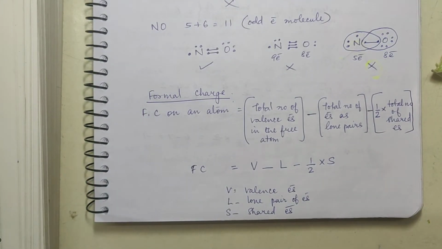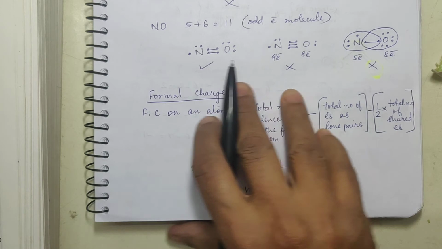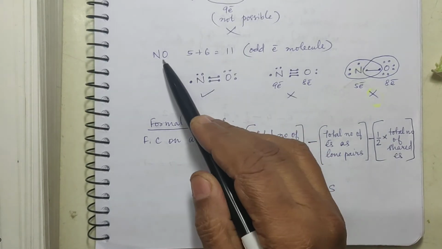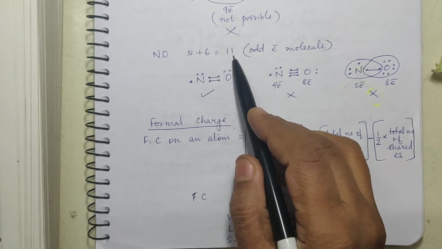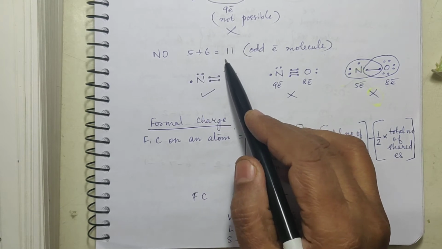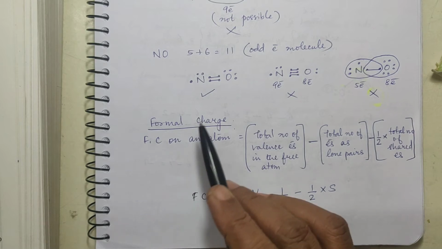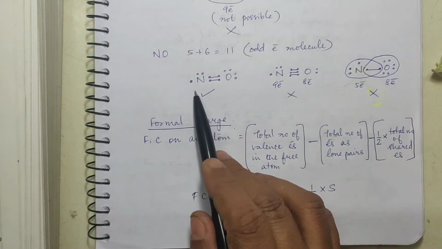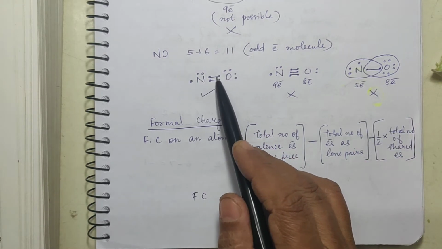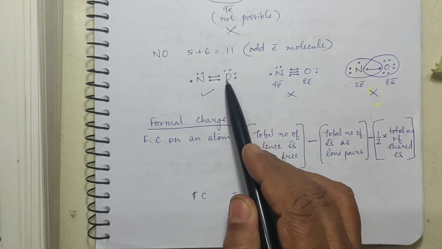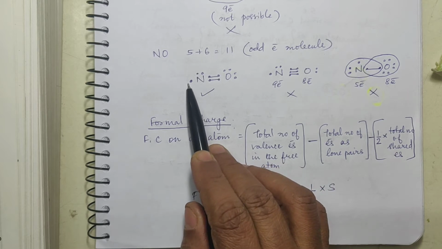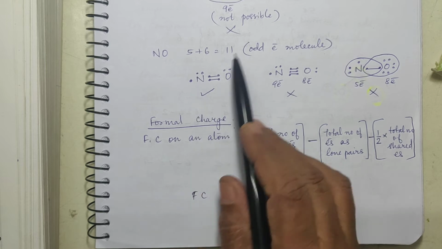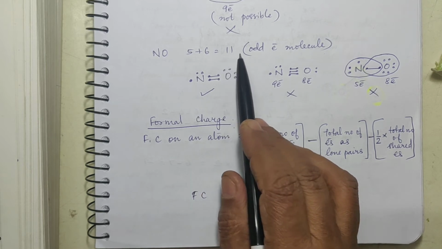Now, in the case of NO, it is an odd electron molecule. Total number of electrons you see 5 plus 6, that is 11. So 11 means 5 pairs and one single electron will be left. Now how do you do that? Now if I put it this way, then 2, 4, 6, 8, oxygen is satisfied. 2, 4, 6, 7. Nitrogen cannot get octet configuration because there is a shortage of electrons here, right?